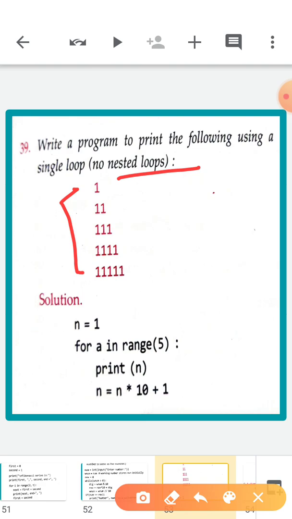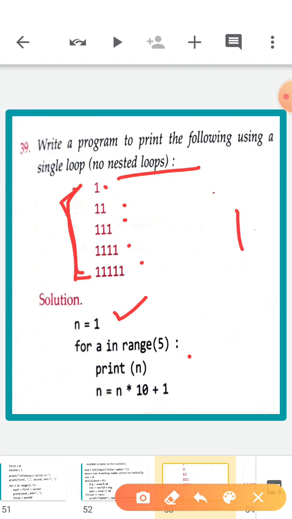In the whole pattern 1 is there, so n equal to 1. For a in range 5, 1 2 3 4 5, 5 times it is working, that is why 5 is given. So print n. First time print n means 1.